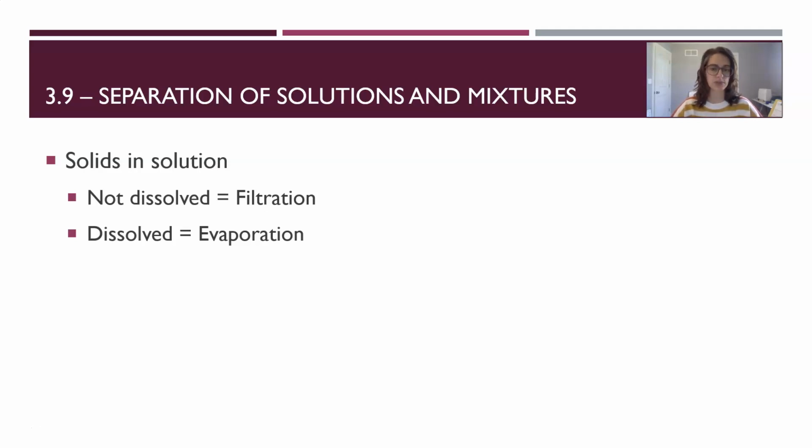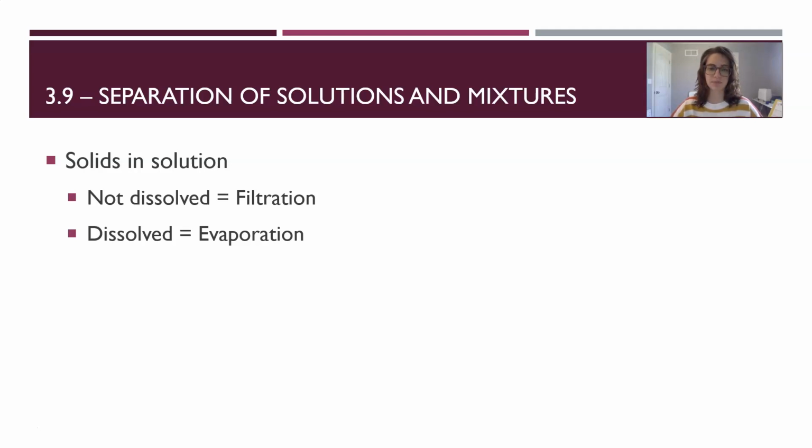We don't really need to know specifically for this class, but it typically involves some sort of fine mesh or paper and either a funnel or some sort of container to hold the filter and then whatever the liquid's going to go into. Oftentimes in this class, we'll use filter paper and a funnel into either a beaker or